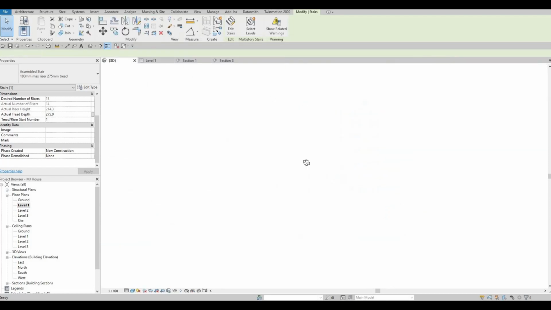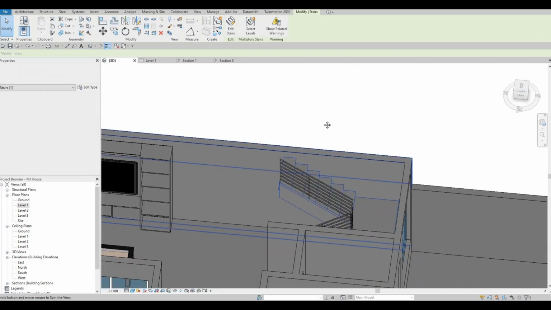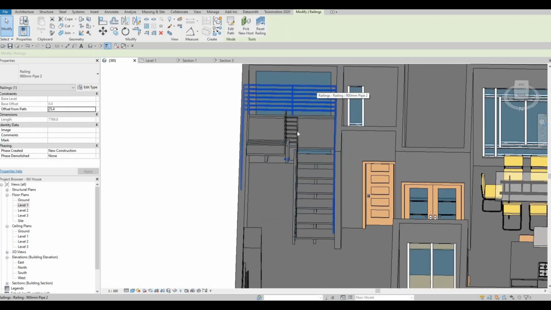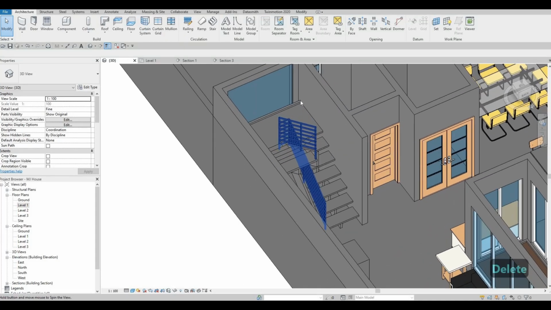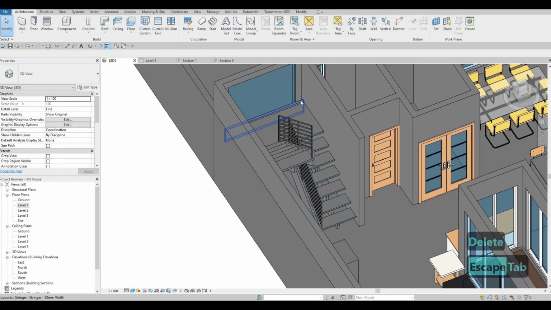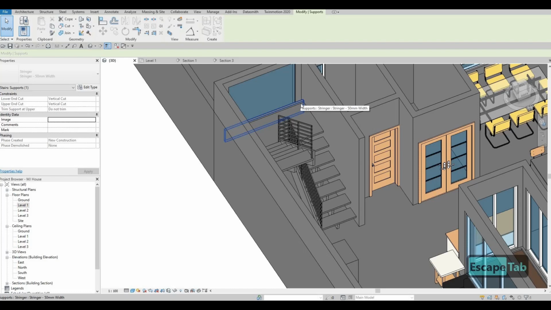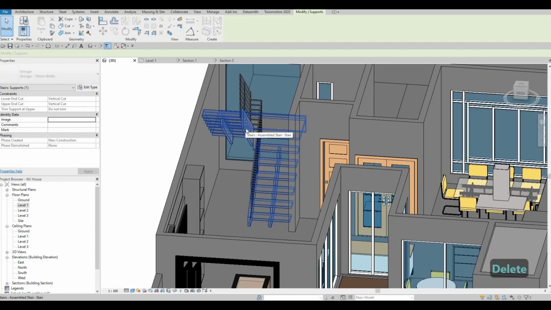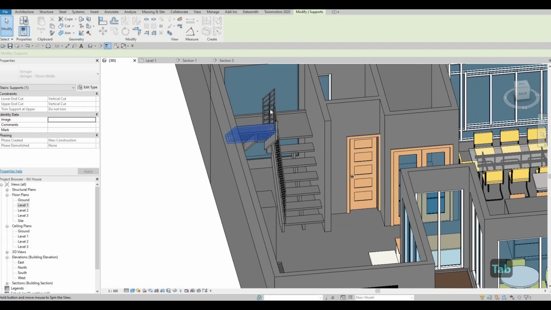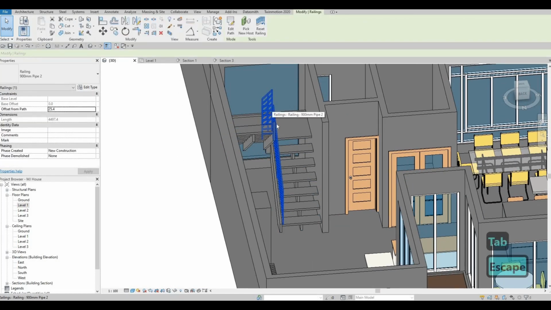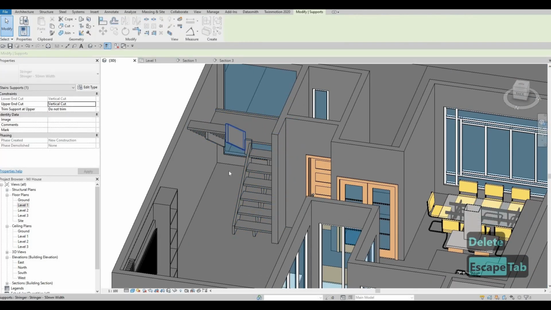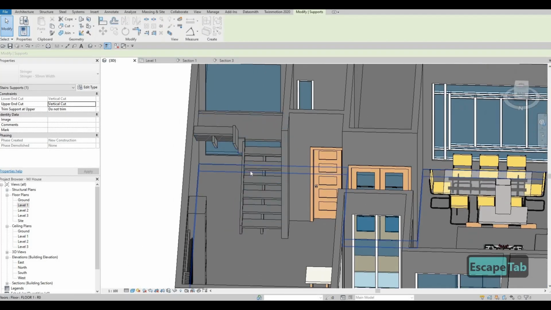And then let's look at it in 3D to make it more visible. So let's delete this railing right there. We don't need that. We don't need a stringer at the back. So now it's looking modern right now. We don't need this because we're going to use this stringer right here